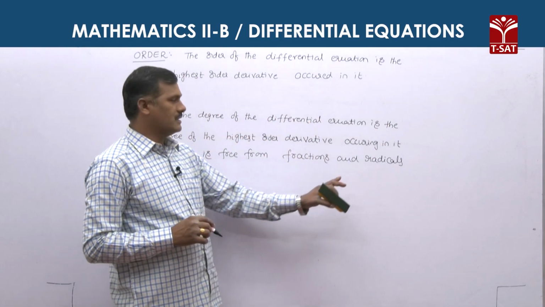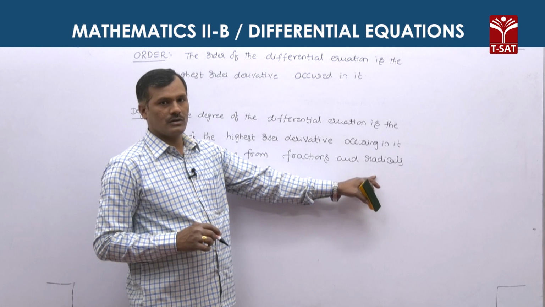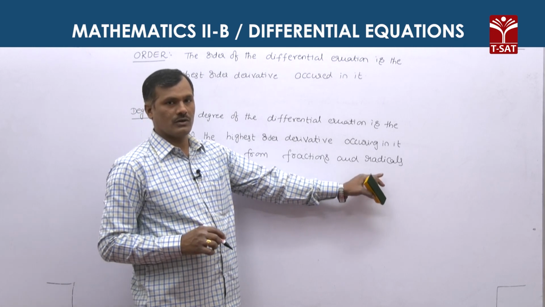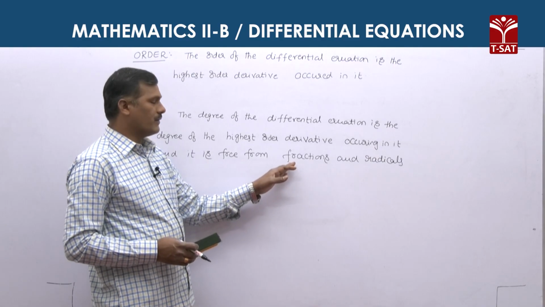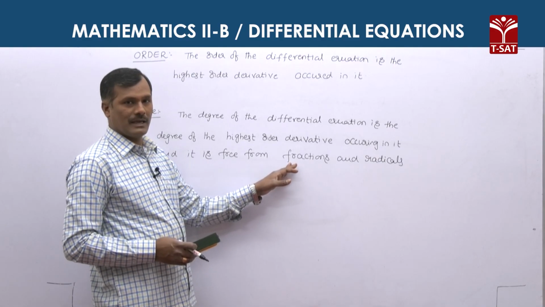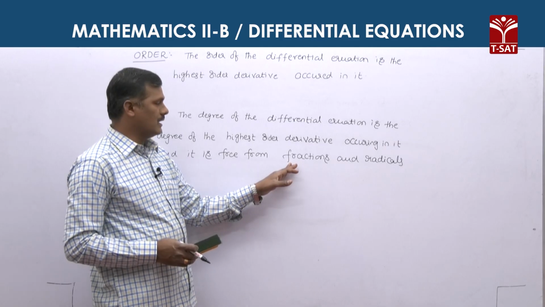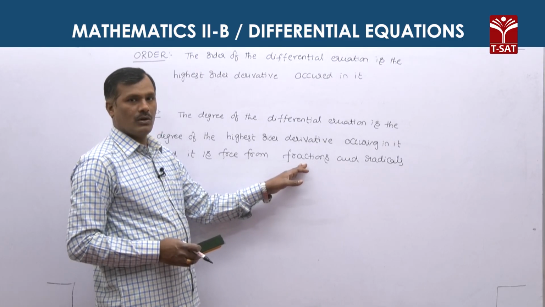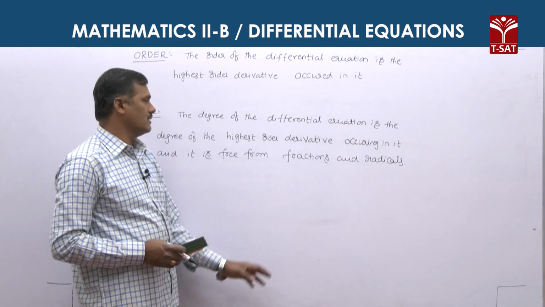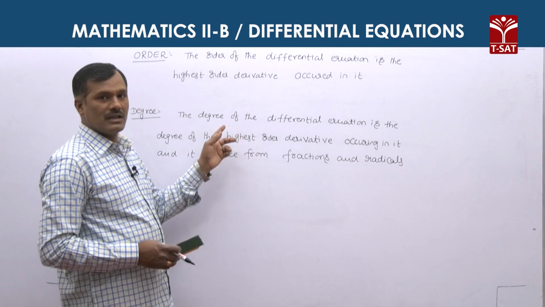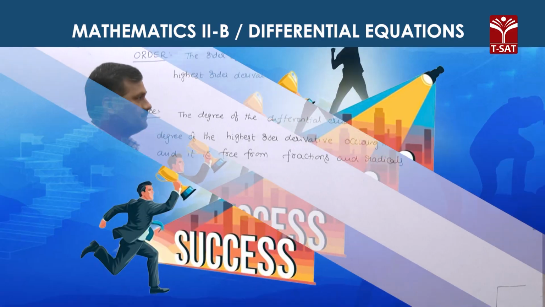You know, radicals means under root, square root, cubed root, fourth root, like that. So a differential equation should not contain fractional powers like 3 by 2 and like that. These type of equations are called, and this is called as degree of the differential equation. Next,